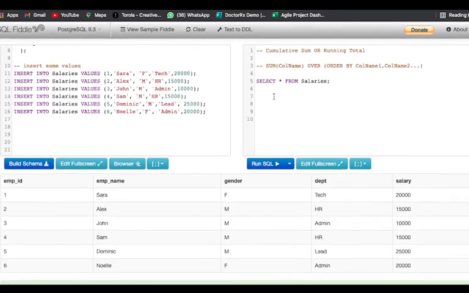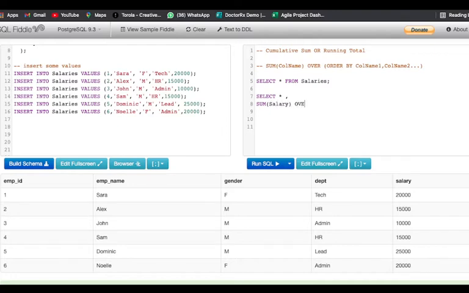How will we write that? I want to select all the rows, select star, and let us start with the syntax. What is sum? I want to calculate salary, so I'll write salary here.